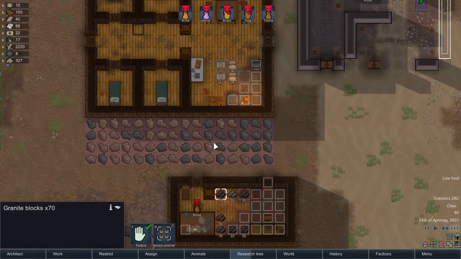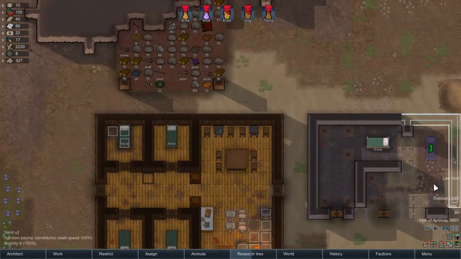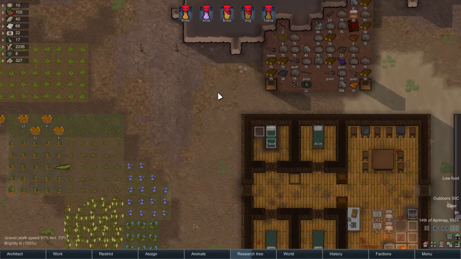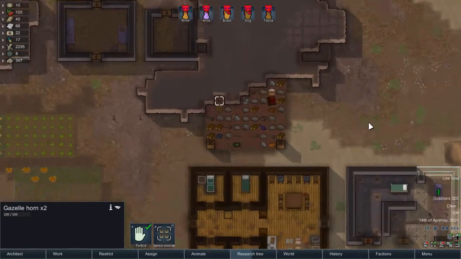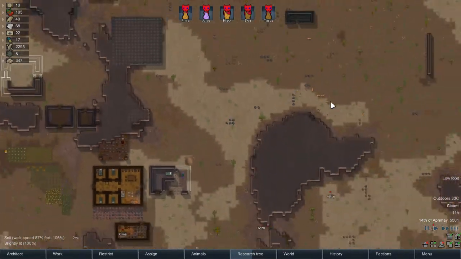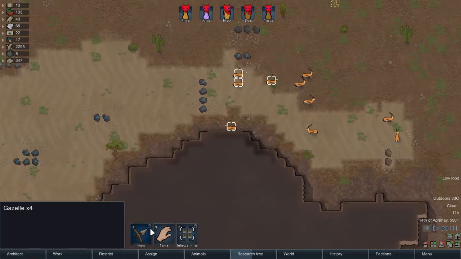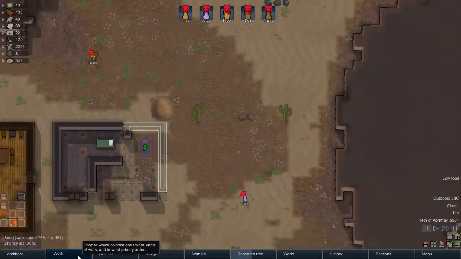Okay. I don't know why, but they're taking forever to get the blocks done. Crafting spot. Do we have any good clubs? 4 awful. Oh, these are from hunting a gazelle. Do we still have any skin from it? Yeah, we have some skin from it. Let's just hunt these. I have a mod in that increases the...